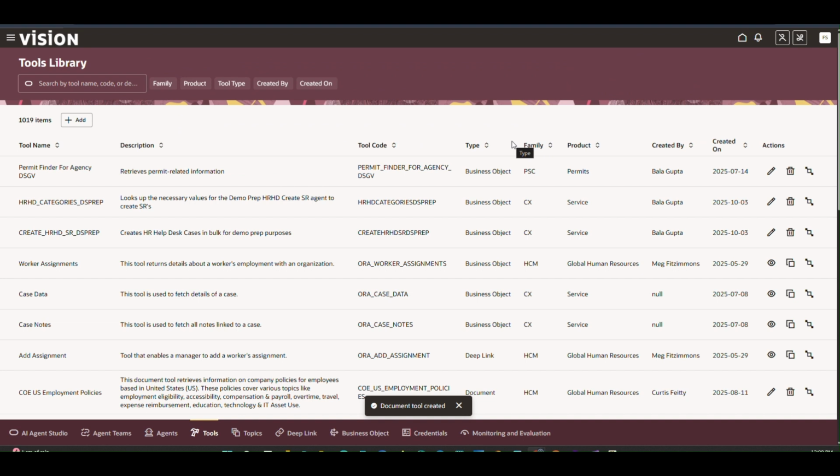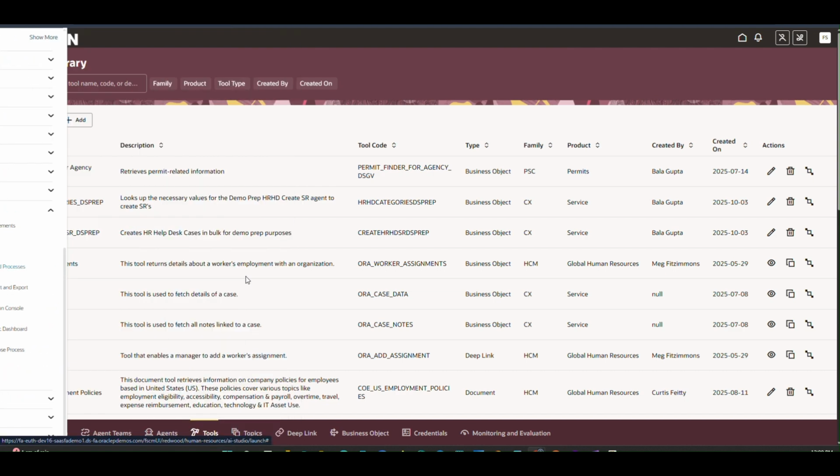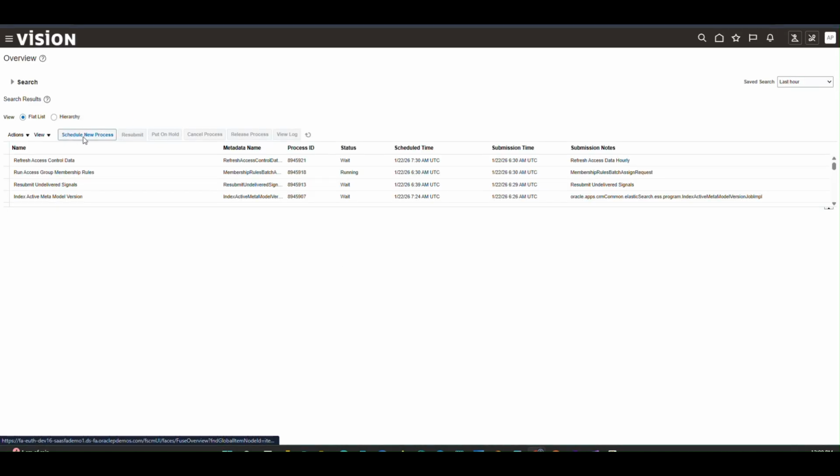But this is not complete yet. As I mentioned earlier, the document status is very critical. We set it to ready to publish, but now to make it published and query ready, we need to run a scheduled process. Now to run a scheduled process, I will go to the scheduled processes work area. So I'm in the scheduled processes work area. I will say schedule new process,